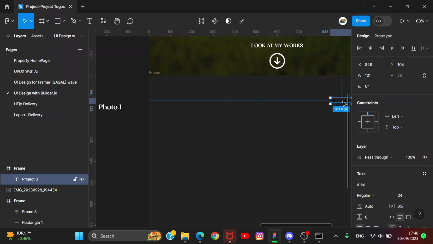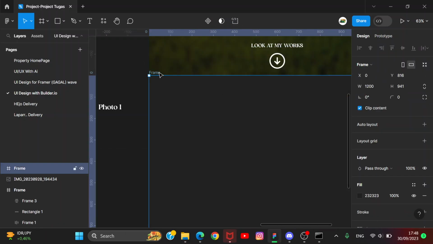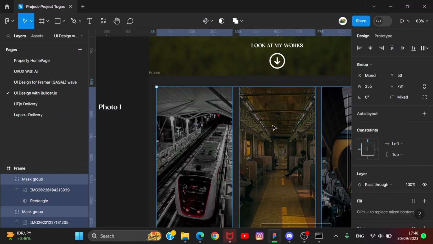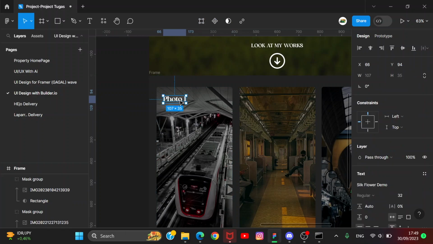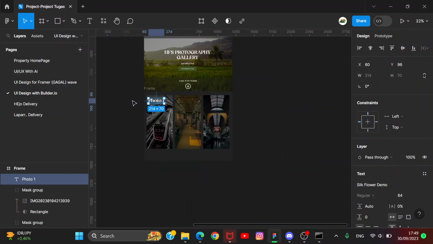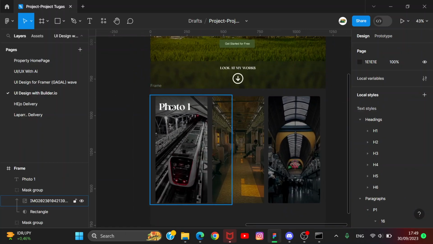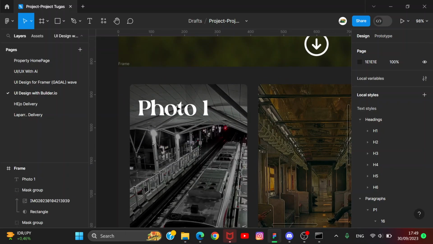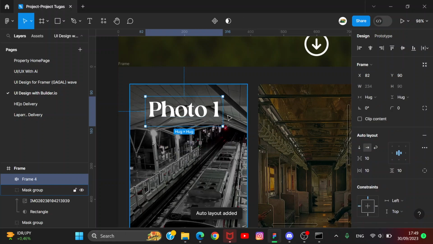Okay, this 9. Whoops. So we'll paste into here to the frame and then just like that. Maybe we'll use some auto layout